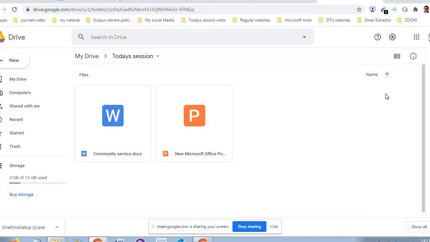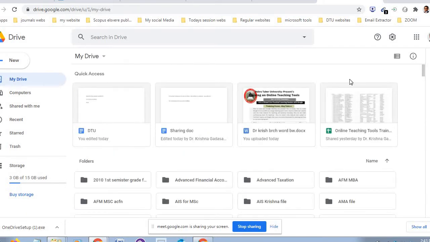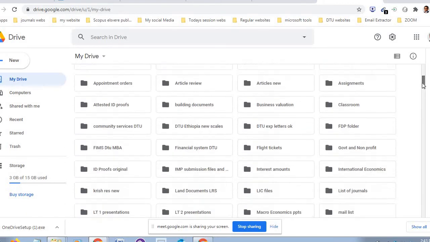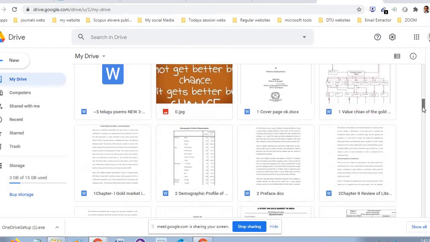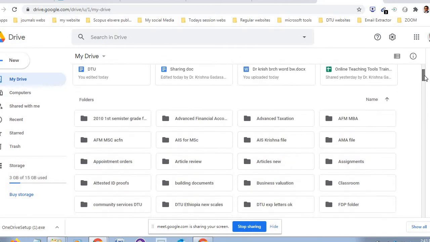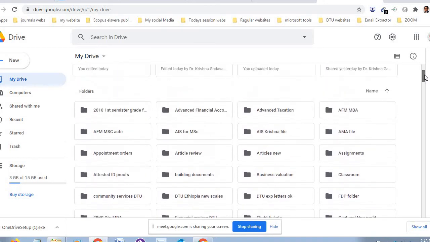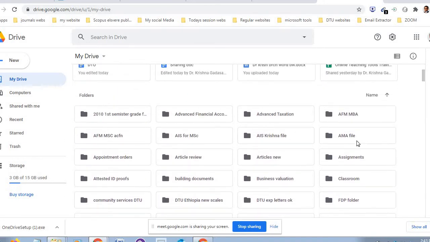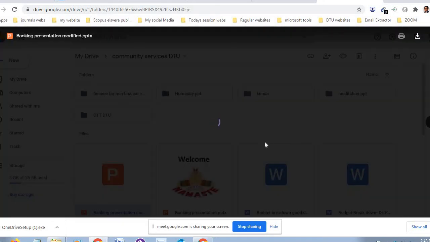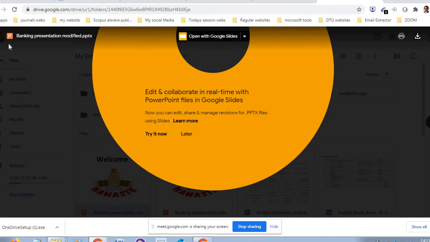Okay, so now like this. These are all the files that I have stored. Here are my community service proposals, everything. And here you see my community service proposal folder.